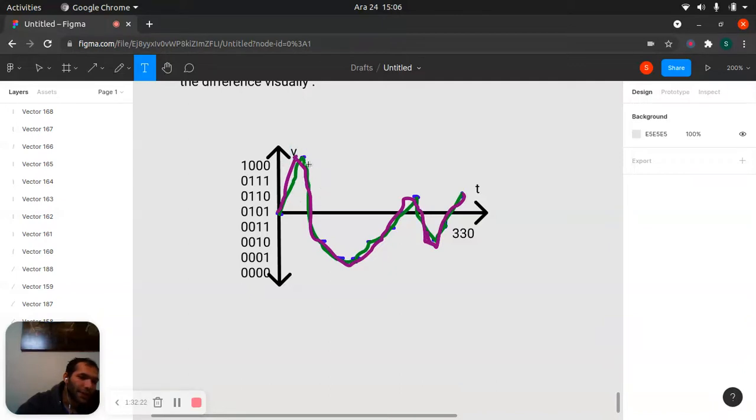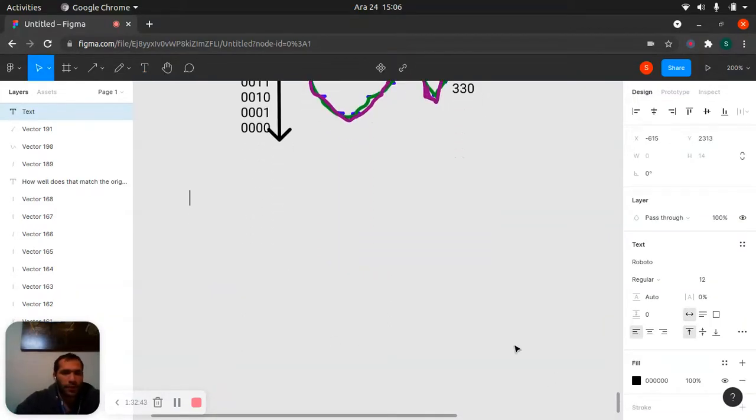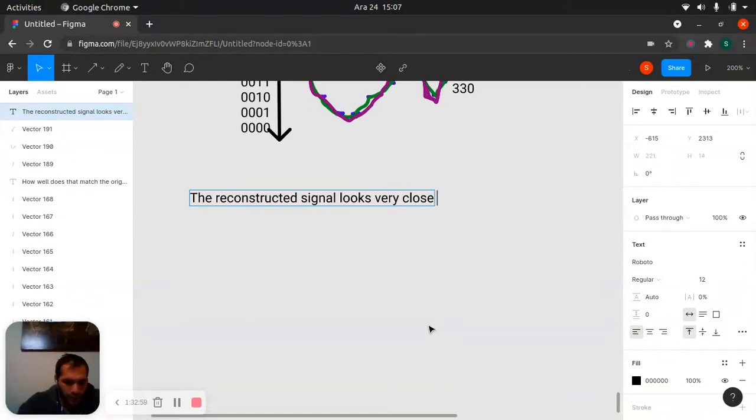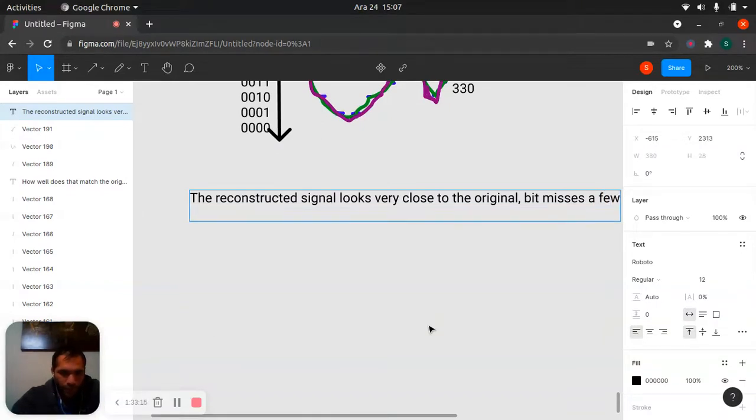Our quantized data, our reconstructed data, is just green. It's going different than our original data, but not too much different between them. We can say for it, maybe let's write it down here together. We can say the reconstructed signal looks very close to the original, but misses a few details. Yes,